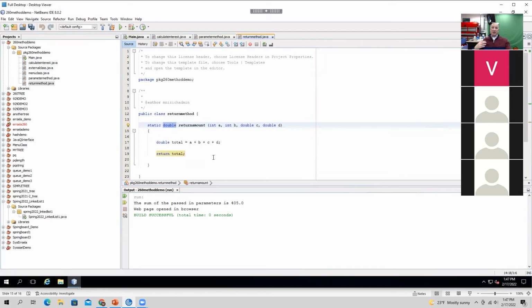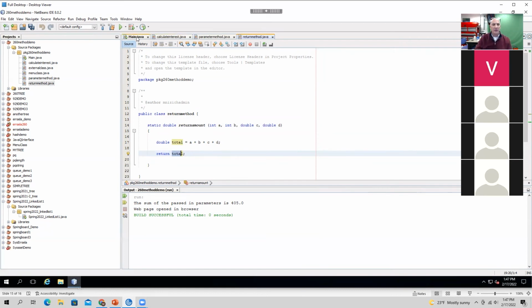If we want a method to send something back to the calling parameter, we have to change that void to what we want. We could call it string, we could call it integer, we could call it anything we want. That's legitimate, but we tell it what we're going to send back. So this method now knows it's allowed to send back to the calling method these parameters. So with this keyword return, we're going to send back the variable total, which is equal now to the sum of these numbers.